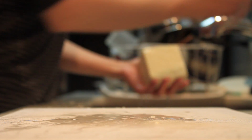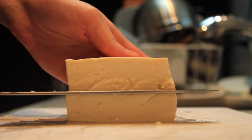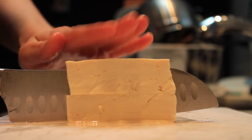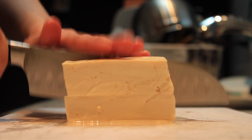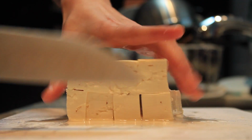Then I do a quick rinse of the tofu and cut them into about half-inch squares. Tofu is pretty plain, so we will be cooking them for some time so that the flavors can be absorbed. And so the size of the tofu squares are directly related to the amount of time you need for cooking